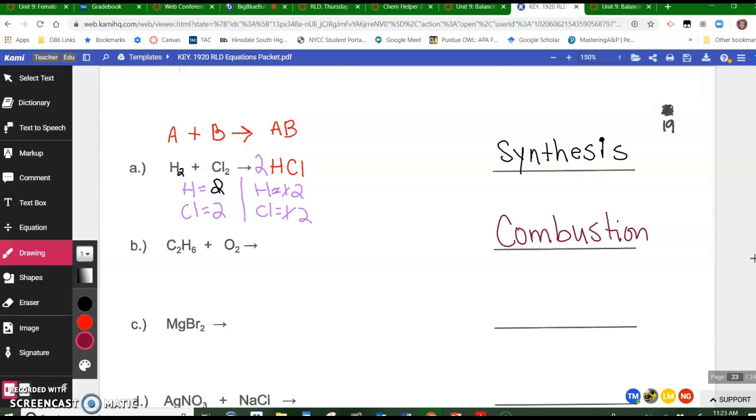And I don't need to use A, B, C, D letters here. All I need to do is write CO2 plus H2O. But now I have to make sure that my equation is balanced. I can tell just from looking at my carbons, because I've got 2 on the reactant side and only 1 on the product side, that this is not a balanced equation, so I need to balance it. Now, with combustion reactions, balancing